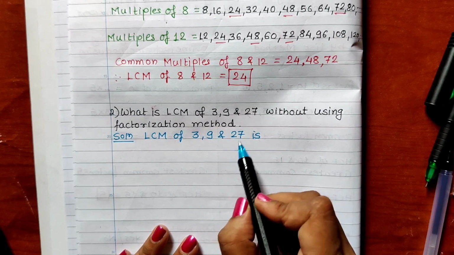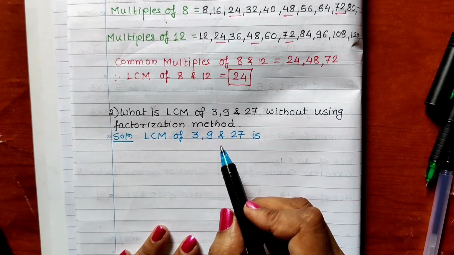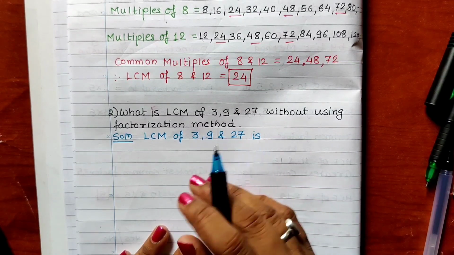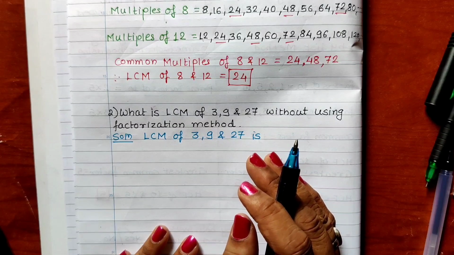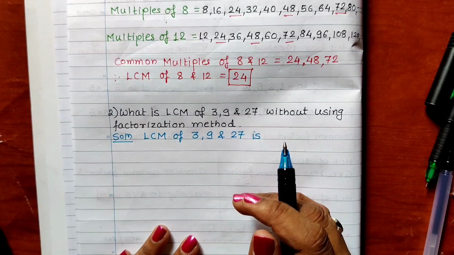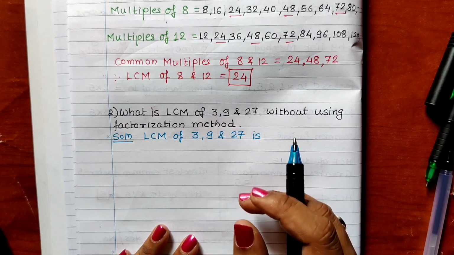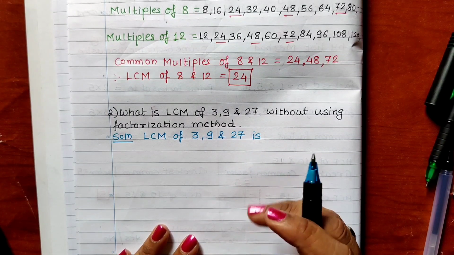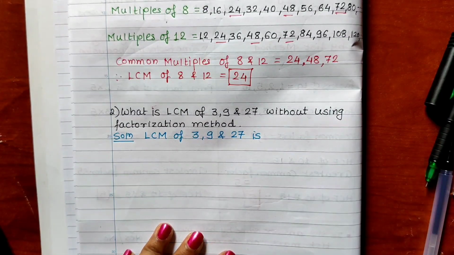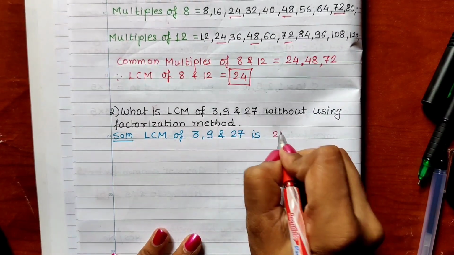So when the biggest number is divisible completely by remaining two numbers, then that biggest number is always LCM of those three numbers. Always keep this in mind. When there are 3 numbers, 4 numbers, 5 numbers given, and when we want to find out the LCM by direct method, by writing direct answer, what you have to do? You have to see the biggest number and you have to find out whether that biggest number is divisible by all the remaining smaller numbers. And if it is divisible by remaining smaller numbers, then that biggest number is the LCM. So LCM of 3, 9 and 27 is 27.